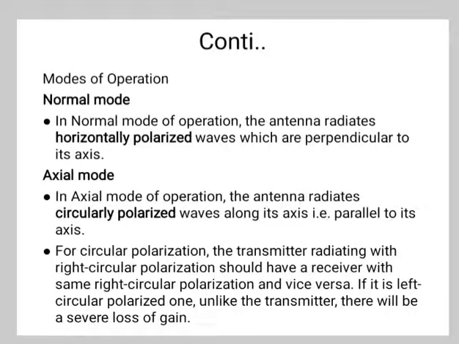There is one more type, that is the super turnstile antenna. For a turnstile antenna, the radiation power is 3 dB below the maximum radiation of the half wave dipole radiating the same power. So to overcome this disadvantage, the super turnstile antenna is built. The simple dipole antennas in the turnstile are replaced by 4 flat sheets in the super turnstile.